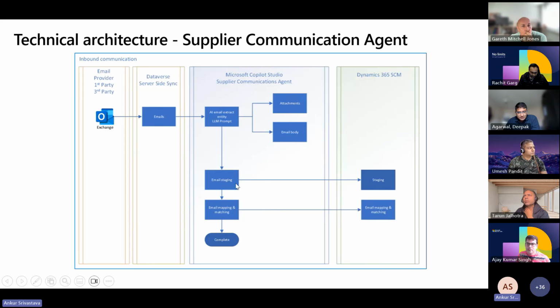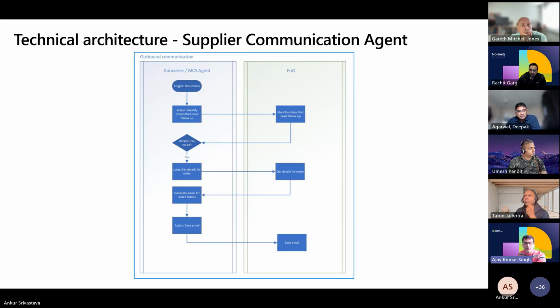Once we have the email staging, we will move it to the FNO, and we will do the same for mapping and matching. From the email perspective, the details will pass from Dataverse to FNO. And I think right now, what Ankur said here, the components we are using in the architecture are Dataverse, Power Automate, a large language model as an API that we are calling, and FNO as a backend.